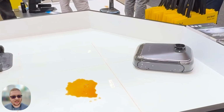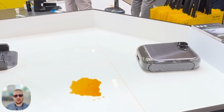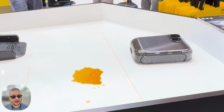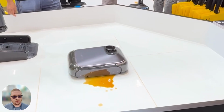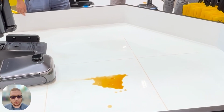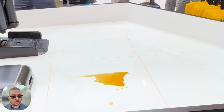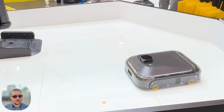Next up we have the Xlean TR1. Now this is a very interesting robot vacuum. So essentially it's a robot vacuum that can also be used as a regular upright vacuum. So there's a handle that you can attach and detach to the robot vacuum, and mop your floors like normal. It's the world's first dual form transformable washing robot. And the demos look very promising, so we're excited to get this in our hands and test it out in